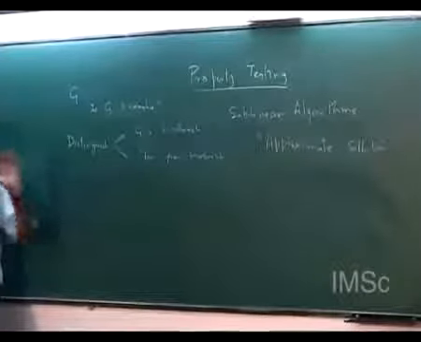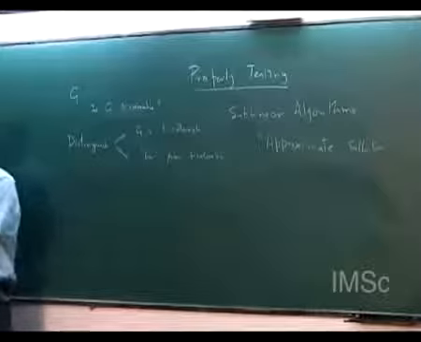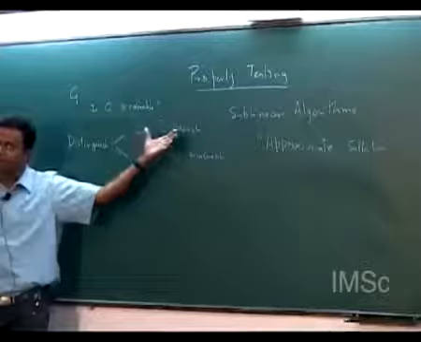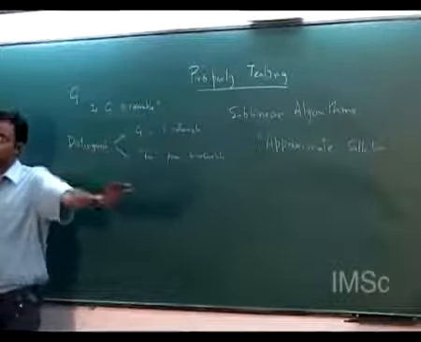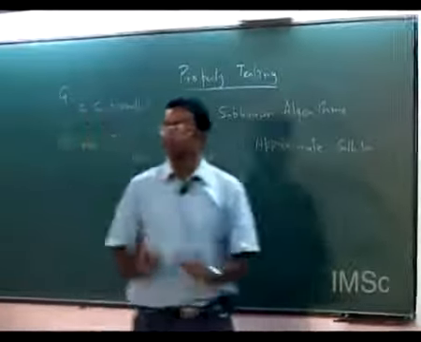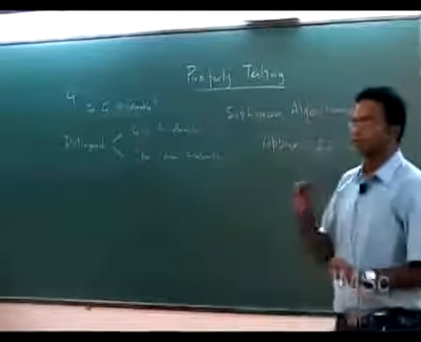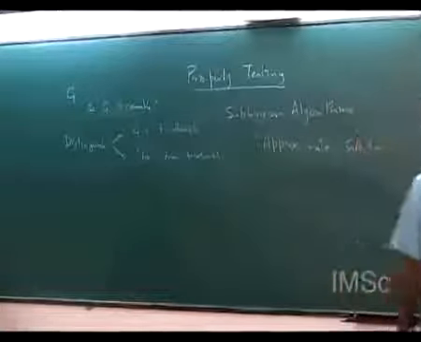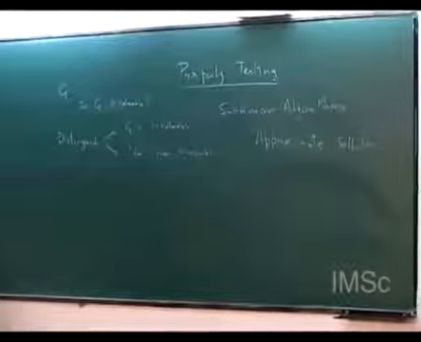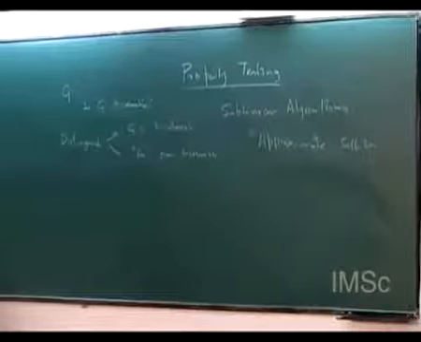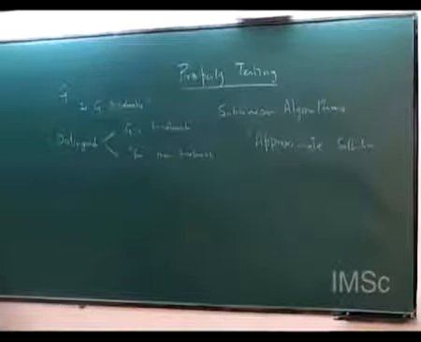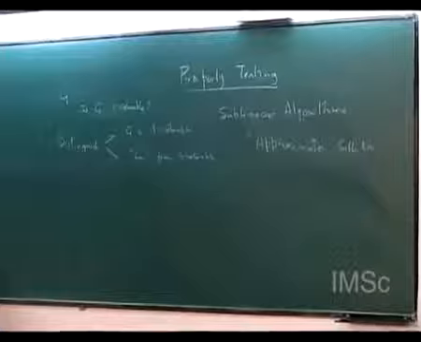But the basic idea is this: we want to distinguish between a given input satisfying a problem, or giving the correct answer, or it being far from giving the correct answer. And the idea is to look at a very small fraction of the input, ideally a constant number of bits. This area of research, on one side, starts from a very well known study in statistics, and the other side goes up to learning theory and such things.